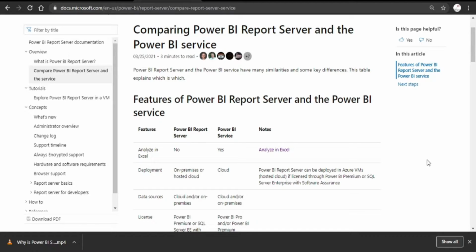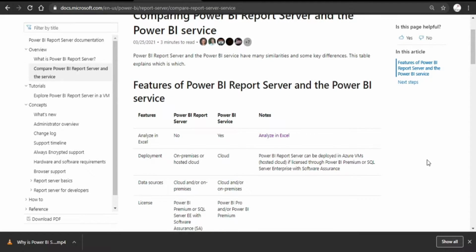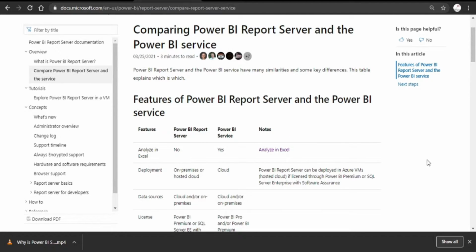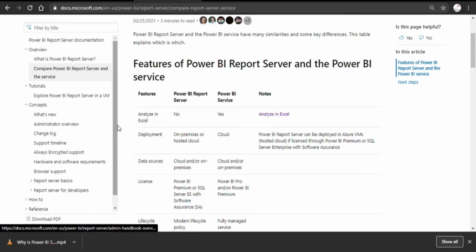It is software as a service available on the web from Microsoft, and it is not related to on premises. So that is a key difference between Power BI Report Server being on-premises and Power BI Service being on cloud from Microsoft.